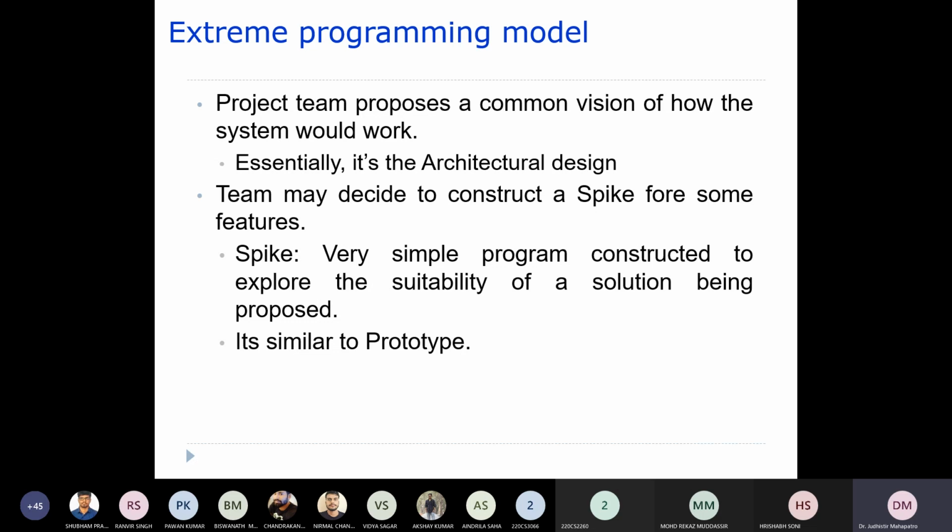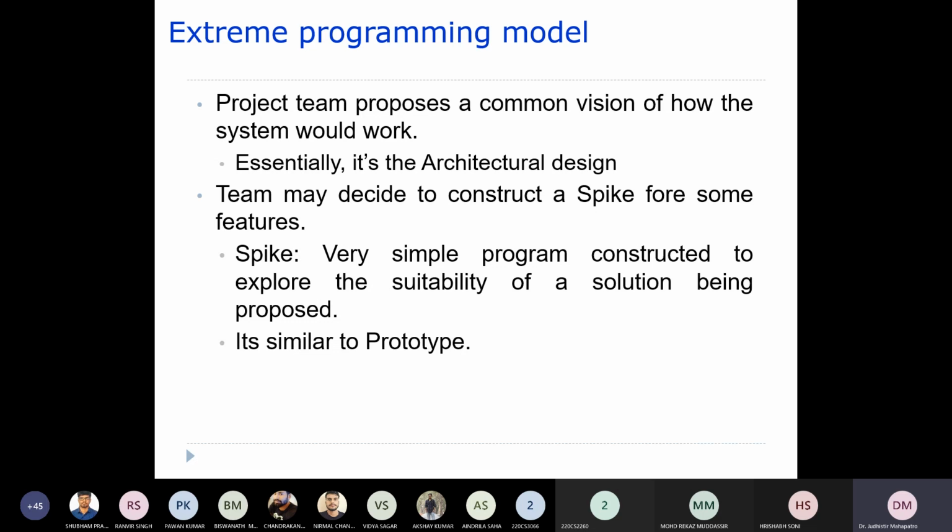A team may decide to construct a spike for some features. A spike is a very simple program constructed to explore the suitability of a solution being proposed. In order to verify whether the proposed solution is suitable or not, we usually write a simple program.